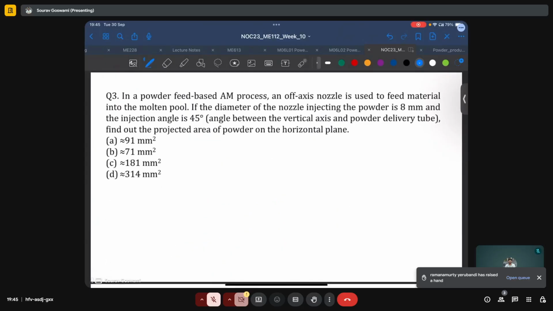Question 3 is asking us, in a powder feed based AM process, an off-axis nozzle is used to feed material into the molten pool. If the diameter of the nozzle injecting the powder is 8 mm and the injection angle is 45 degrees, find out the projected area of powder on the horizontal plane. Again, the reason that we are being asked to find the projected area, and this projected area not being, like intuitively equal to the area of the powder stream, is because of the angle of inclination,